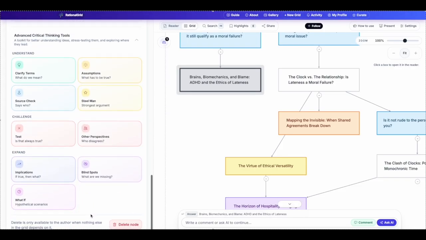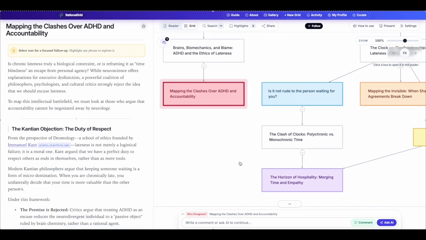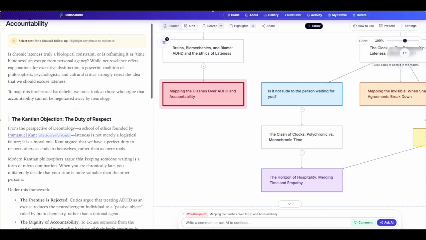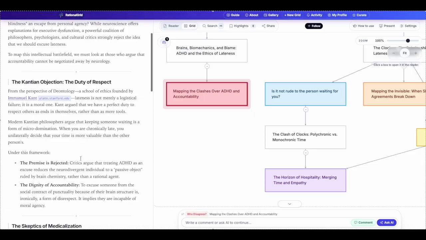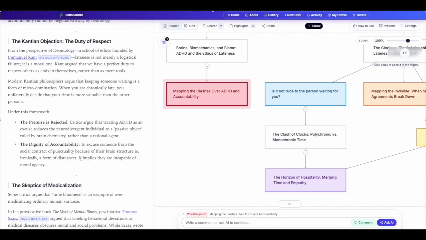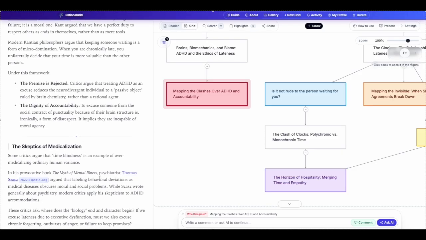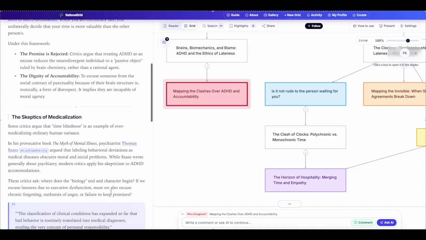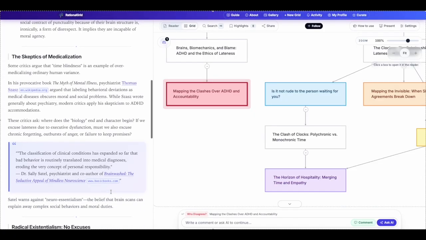Again, we're now going to go into the more advanced tools and just challenge who has other perspectives. So this is about finding different ways of looking at the same problem that gives us a deeper, more three-dimensional view and gets us out of a very channeled understanding of a topic and perhaps see the full complexity and see it from a different point of view.